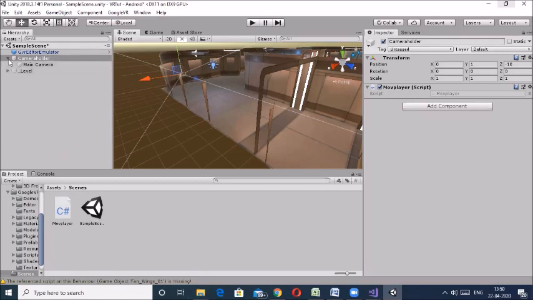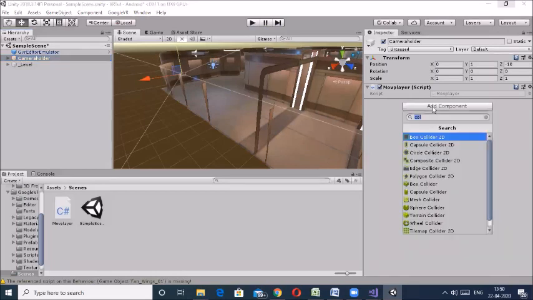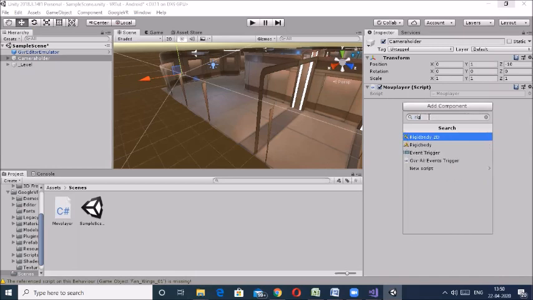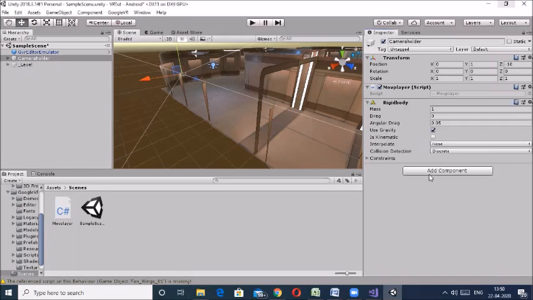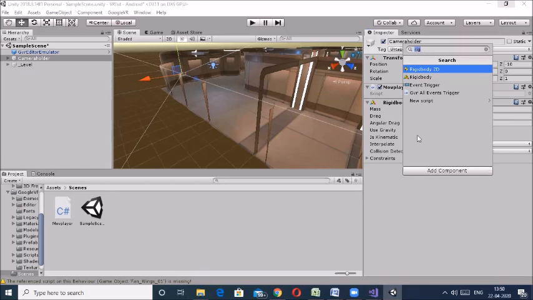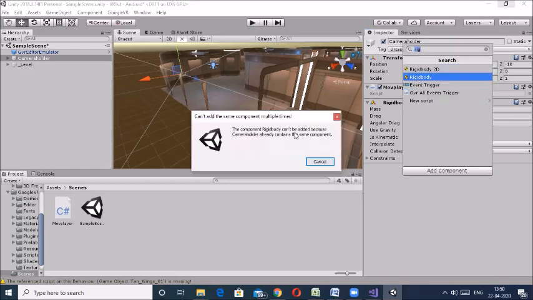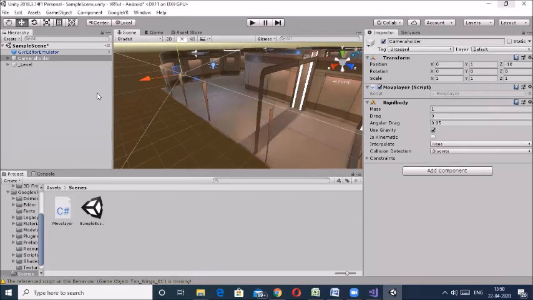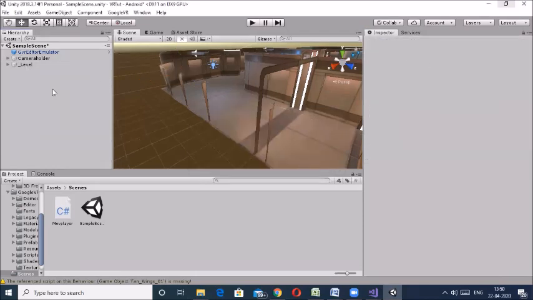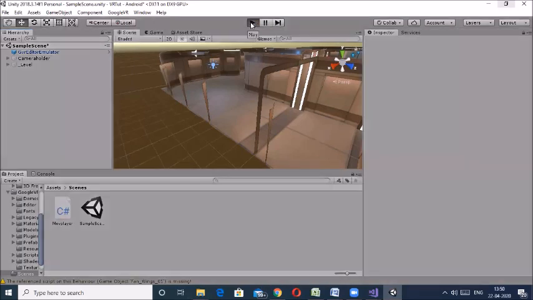So what you have to do is assign a rigid body component to this holder. So, a rigid body, okay, add component. Okay, now it's already assigned. Now if you play,